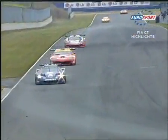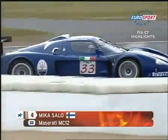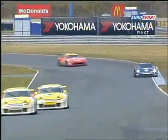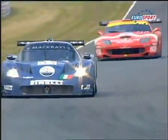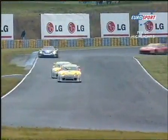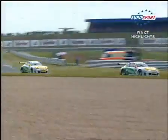Well, Capillari and Golin not prepared to fight too hard. They have bigger fish to fry. They are looking at a FIA GT Championship and not just a race win. More important for Salo and Bertolini to try and bring Maserati home on the podium, and if possible, for a win. Meanwhile in NGT, the Sasha Maas and Lucas Luhr car still leading Ortelli and Collard round, but Ortelli and